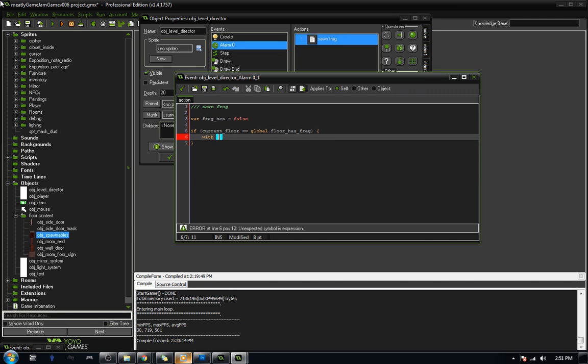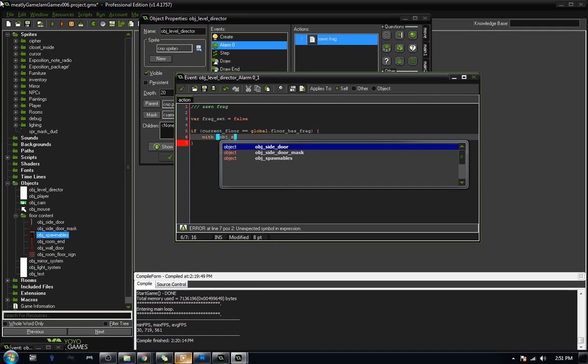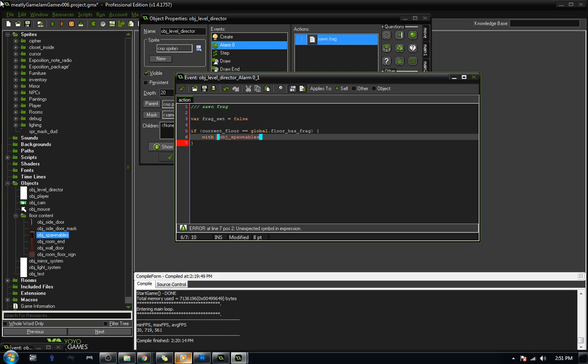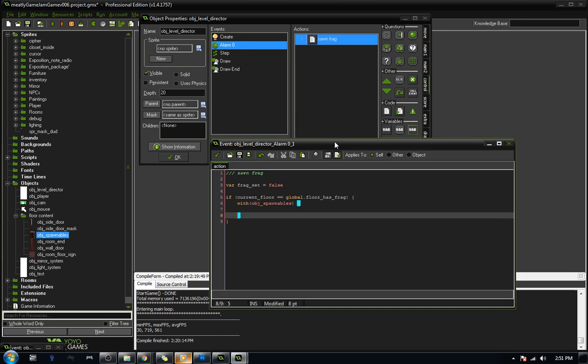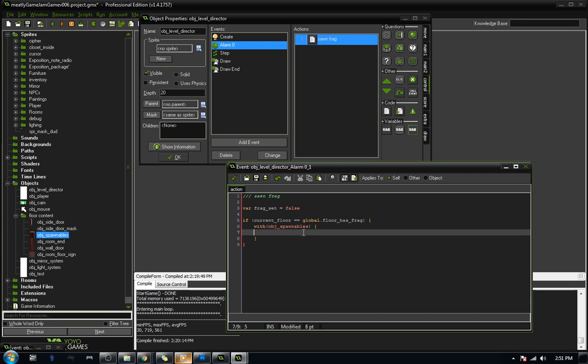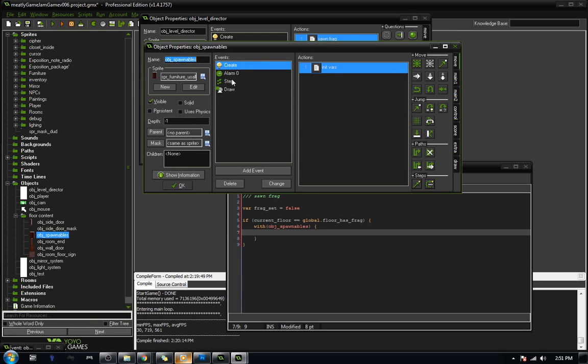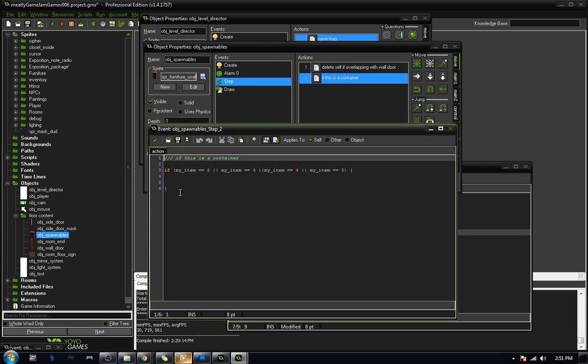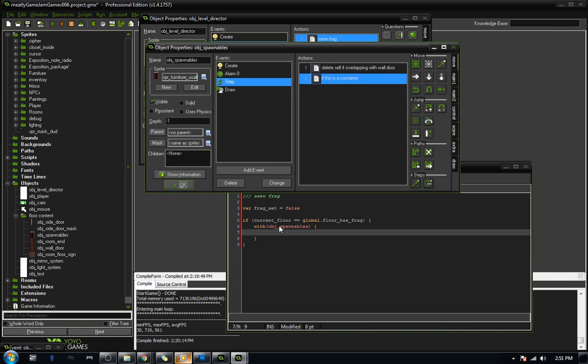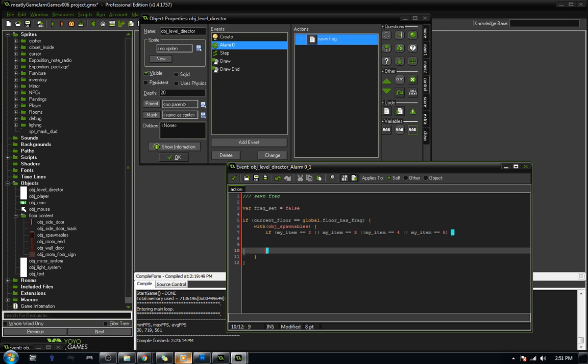And with obj_spawnables. I've gone through these motions so many times. Alright, so with obj_spawnables, if, once again, the same thing: if this is a container, yes. So if this is a container, then